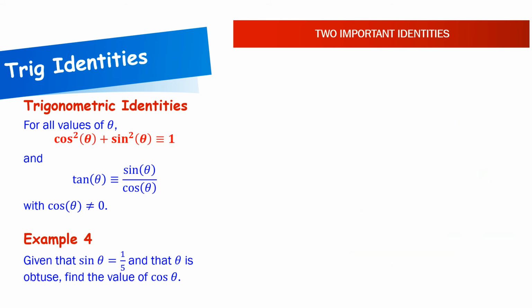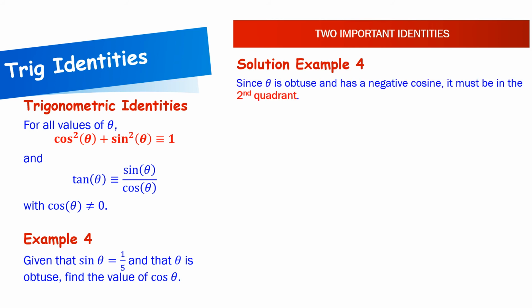Now let's have a go at another example. Pause the video and have a go. Press play when you're ready to view the solution. So let's solve this. Given that sine theta equals 1 over 5 and that theta is obtuse, find the value of cos theta. Now, since theta is obtuse and has a negative cosine, it must be in the second quadrant,